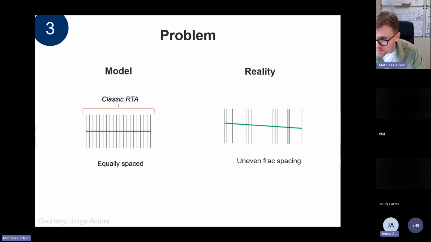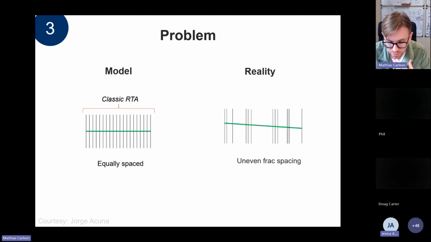The hydraulic test site studies that have been done, where you basically see a lot of the fractures, maybe due to inefficient cluster efficiency, or sometimes you actually get more fractures than perforation clusters, so that you will have uneven frac spacing. Meaning that these will go into boundary dominated flow first, together with these and these, but in between here there'll be an infinite acting signal, at least for a period of time. And in that period at the wellbore, you're seeing this mixed signal of infinite acting and boundary dominated,